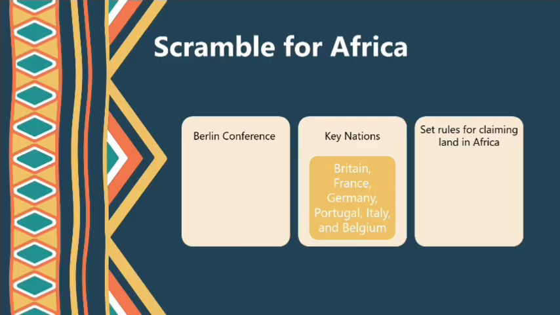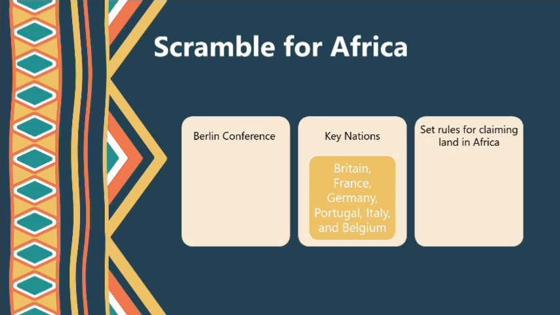Now that we set the scene for the world, let's shift our focus to Africa. This intense competition came to a head in the scramble for Africa, where European powers rapidly divided the entire continent amongst themselves. To give you an idea of the scale, Great Britain claimed huge amounts of land, including South Africa and Egypt. France took most of West Africa, including Algeria, Senegal, and Cameroon. And Germany grabbed territories like German East Africa, which is modern-day Tanzania.